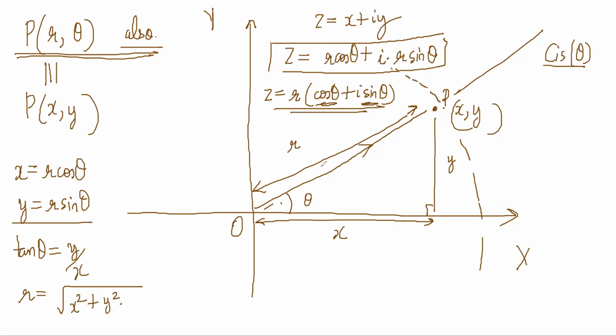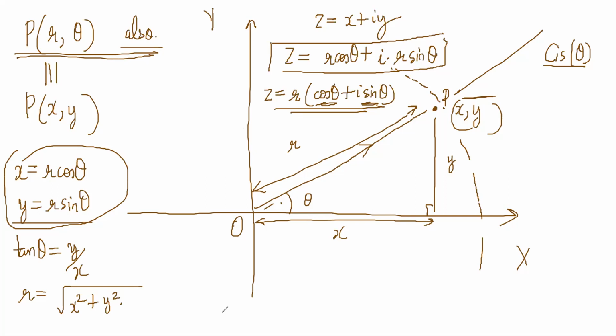Right? Okay. Yeah. Correct. So z can also be represented as r into cos theta plus i sin theta, right? That follows simply from writing x comma y not as x comma y but as r cos theta comma r sin theta, right? Yeah. So you can write your complex number z in terms of r and theta.